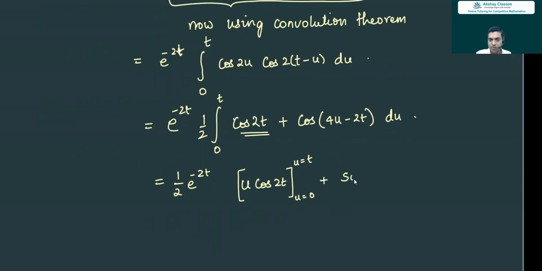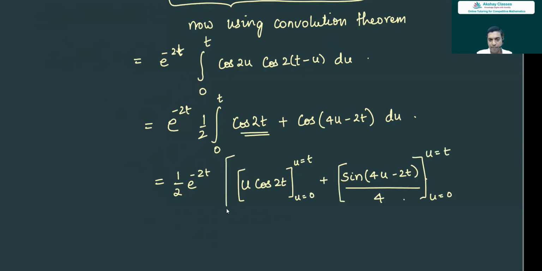So sine 4u minus 2t upon 4. Again, limits applied on u equal to 0 to u equal to t. So I get half e power minus 2t. So once I substitute u as t, then u as 0. So I'm left with t cos 2t